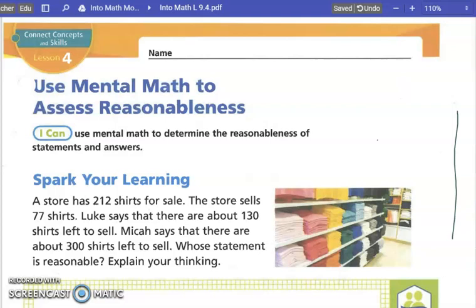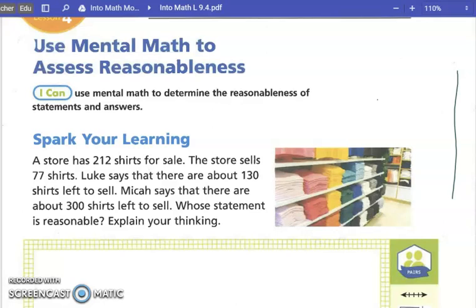Okay, today we're looking at math lesson 9.4. Use mental math to assess reasonableness. Okay, reasonableness: is our answer even close to being correct? Can we reason through it and find out if we're even close? So the spark you're learning is